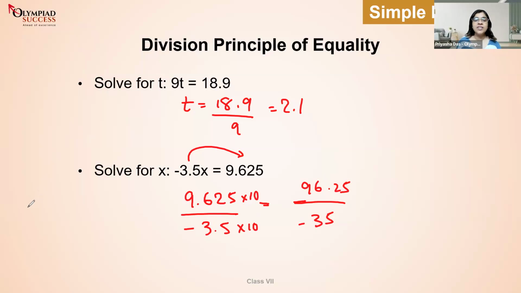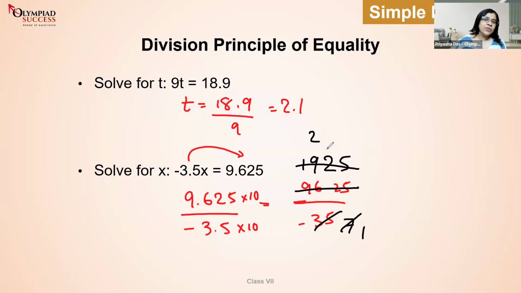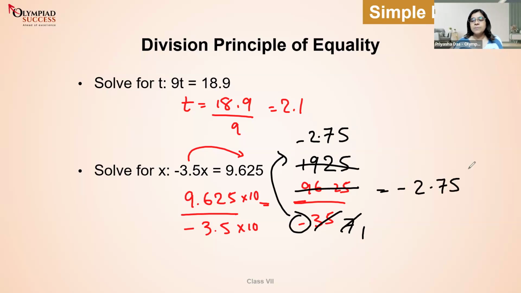Now, what I'll do is I will be dividing these values. I know both the values are divisible by 5. So I'll cancel this by 5, I'll get 7. I'll cancel this by 5. 5 ones are 5, 4 6, 9s are 45, and 1 2 will give me a 2 10, and 2 5 will give me a 5. Now I know that 1925 also comes in the table of 7 because 7 twos are 14. Then that will give me 5 2 52. And I know in this table 7 sevens are 49. So 50, 51, 52, 35 is what I'm left with. So 2.75. And since there is a minus here, my final answer will be minus 2.75.